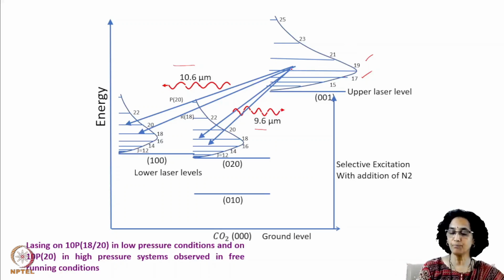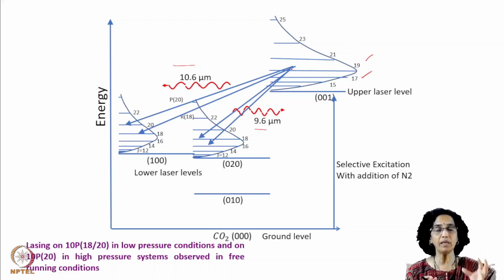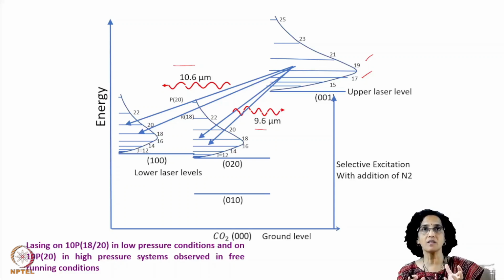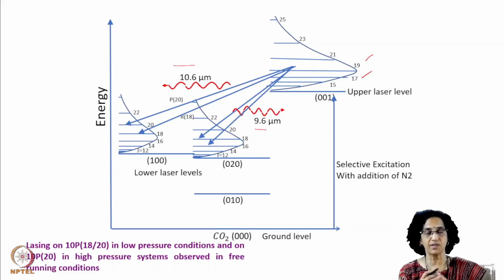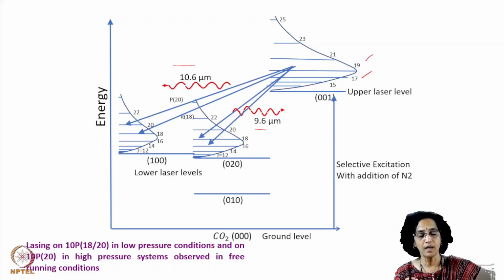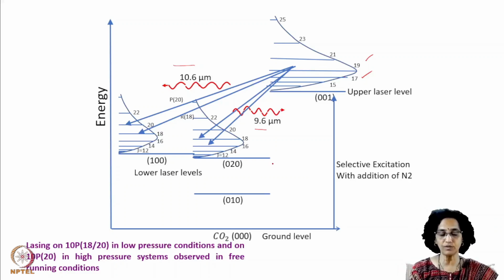And as we had already told, the 10 micron branch has much higher gain as compared to the 9 micron branch. That is because we know that this 9 micron band is not actually optically allowed. However, there is a finite probability of these transitions, and therefore we have to make some special efforts for getting lasing here. But nevertheless, this is one of the lower laser levels, this is the other laser level. So normally 10 micron transitions take place,